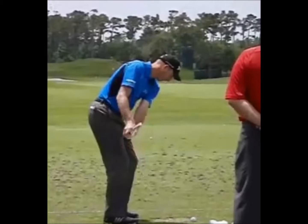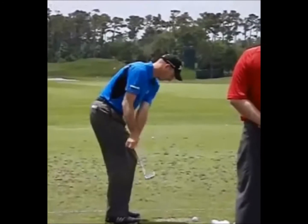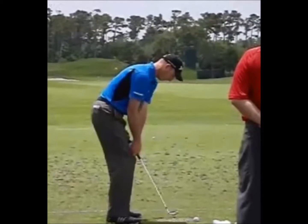When he used to be taught by Claude Harmon, he would always say, his dad Butch Harmon would talk about the heartbeat of the swing. So if you look at a lot of the work Butch Harmon does with his players, he won't overly change backswing lines or even club face positions. If we look at someone like Dustin Johnson, he really concentrates on the heartbeat of the swing, which he would talk about as halfway down to halfway through. If that area of the swing functions well, it's his belief that you play good golf, and I think few would disagree with that. So I think Jim Furyk is a prime example of that,